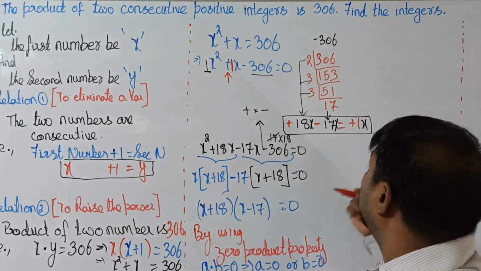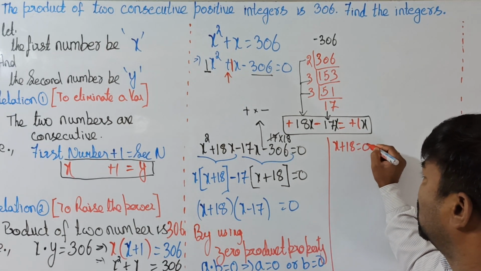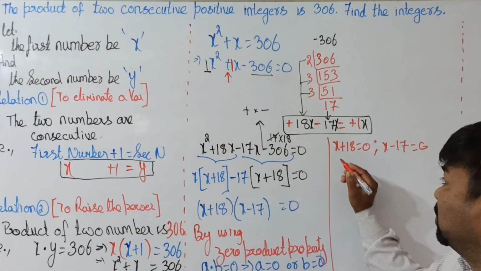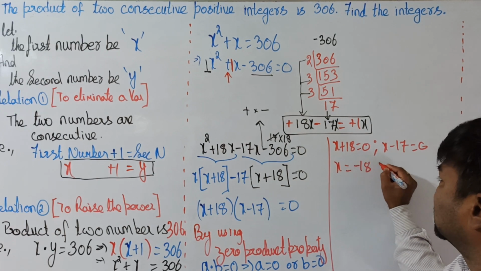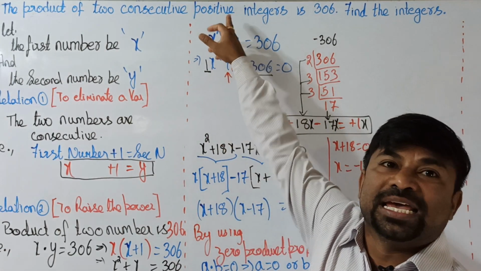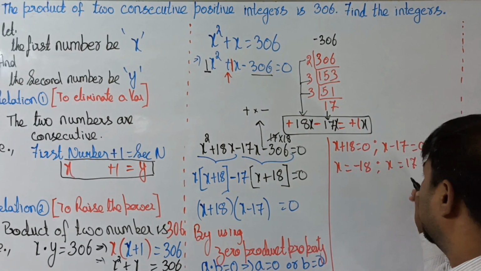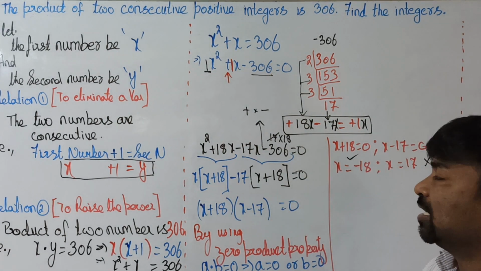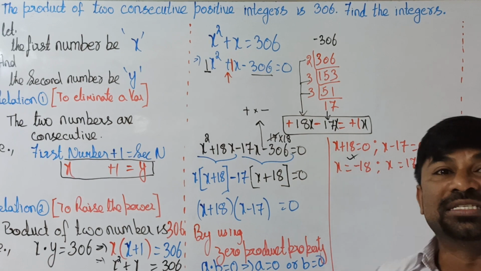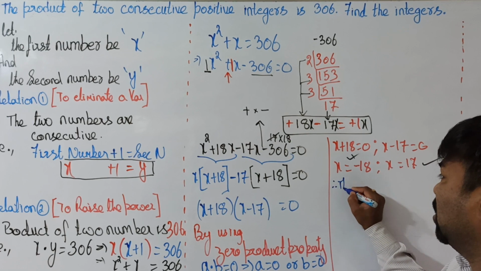By applying that property in the question here, x plus 18 equals 0 and the next one, x minus 17 equals 0. If you solve this, x is equal to minus 18 and x is equal to 17. But if you check, he's talking about positive numbers, not negative numbers. So obviously we don't want to take this and we like to take this. Why? Because this is negative and this is positive. Consecutive numbers. Therefore, the numbers,